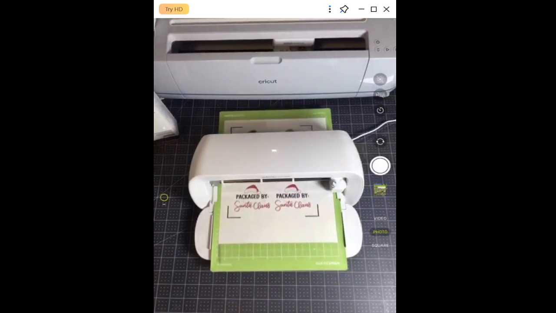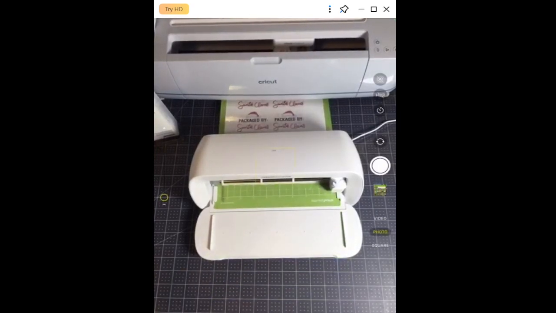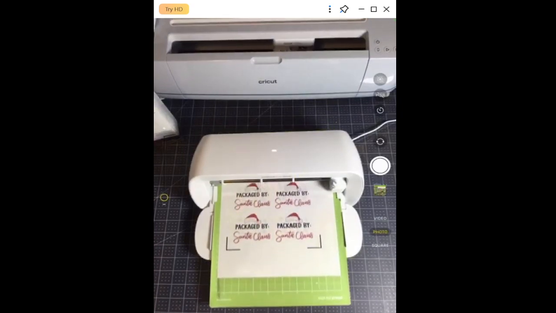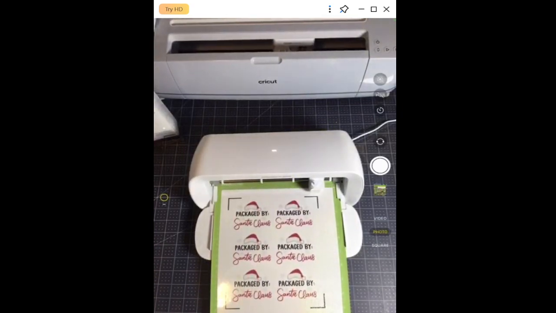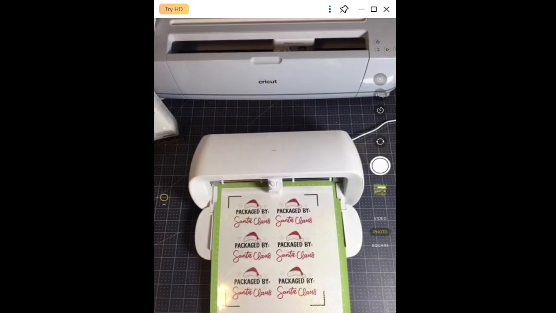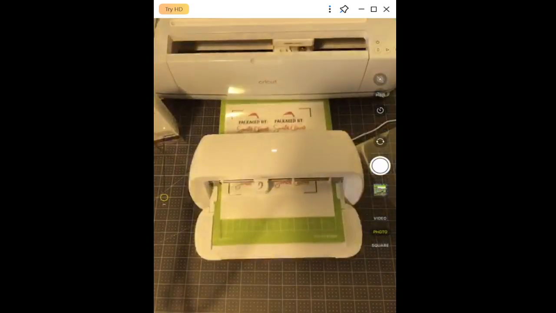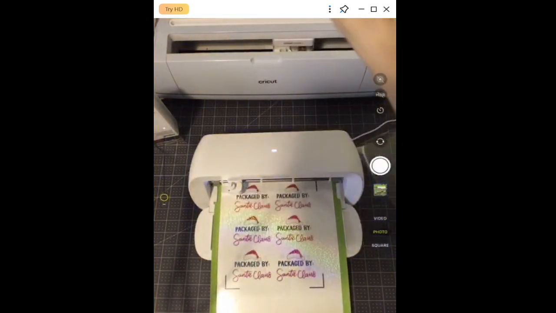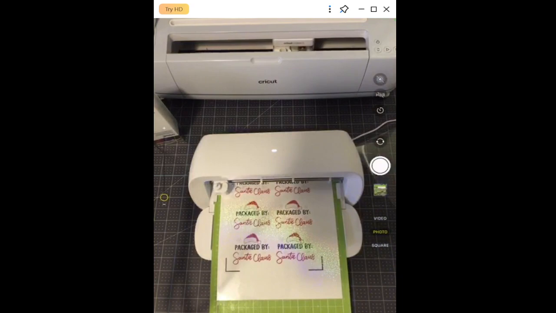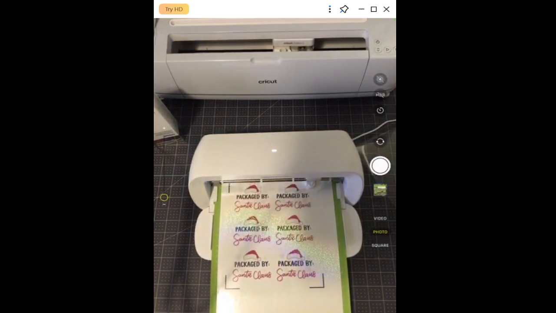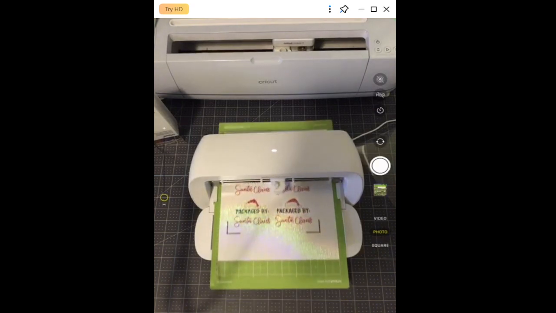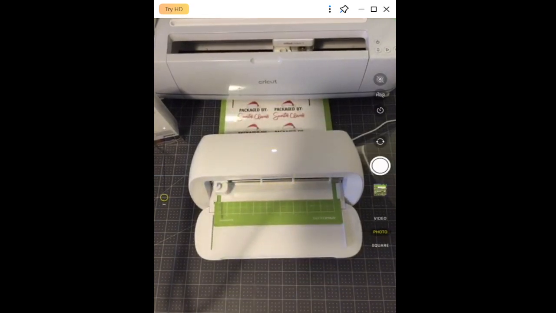Now remember, we're doing a kiss cut, so it's not cutting all the way through. I'm going to wait for it to load. I'm going to go back to Design Space, and when it prompts me to, I'm going to click go. It's going to scan. I'm actually going to turn off my Bright 360 for this. When I calibrated my machine, it wasn't on, so I like to keep the same light settings just to make sure everything cuts well. So it's going to read those registration marks, those corner fiducials for us,